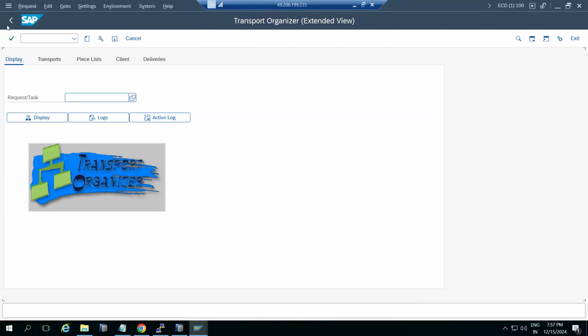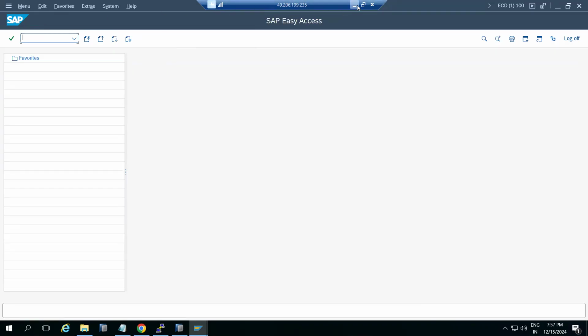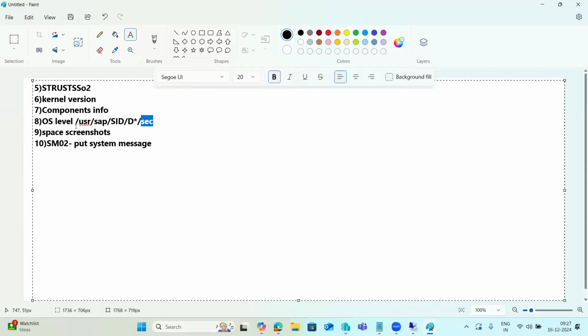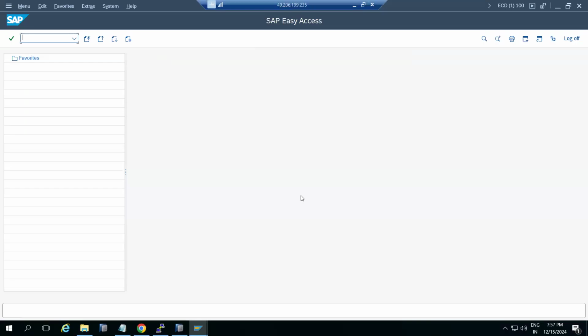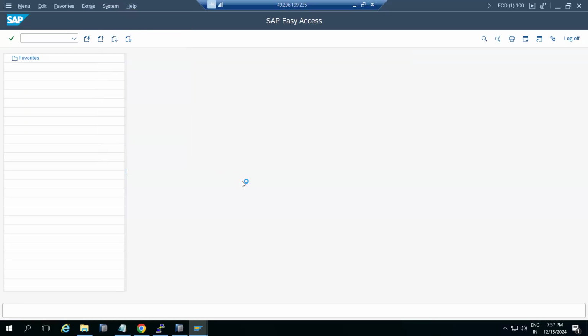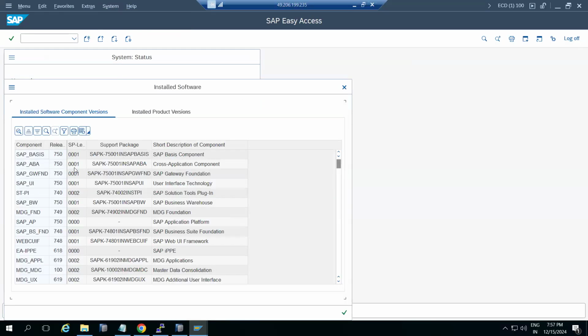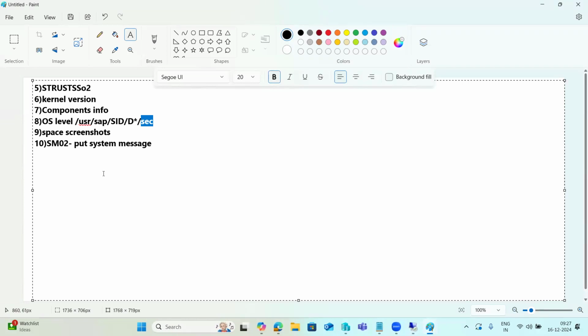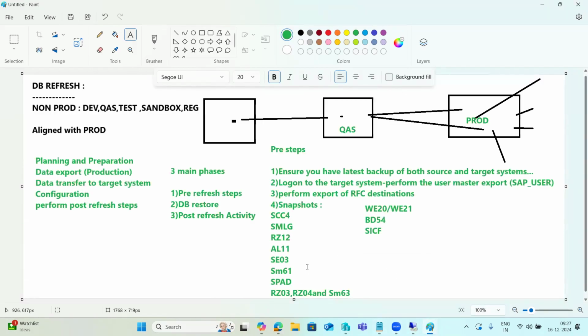Like this, we also have the OS level information. What is the current component information? Production data will come here, the same as production. What are the component information, usage and all those things? System messages, kernel version, STRUST, SSL certificates, all these things, and if you talk about more,